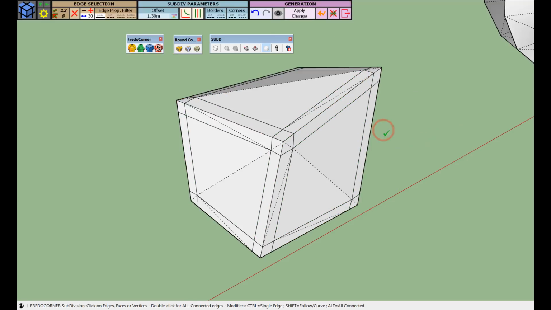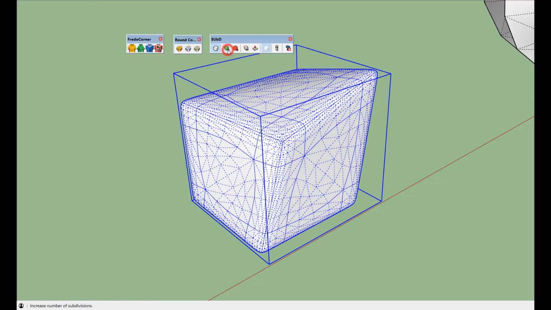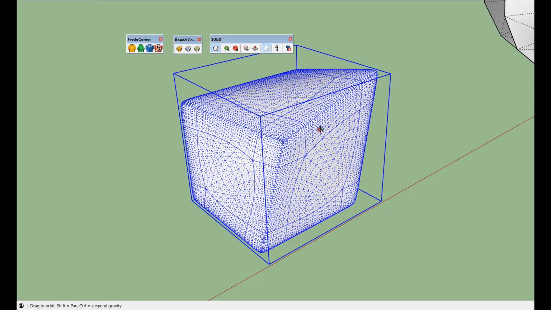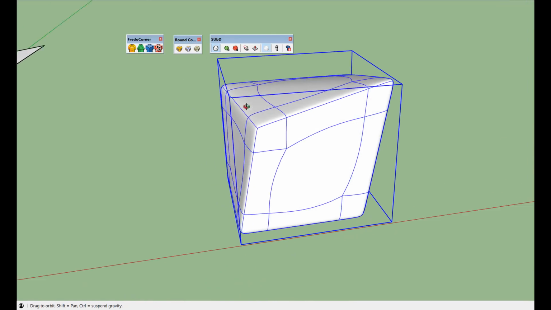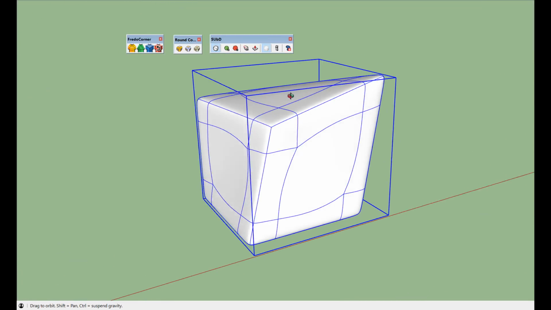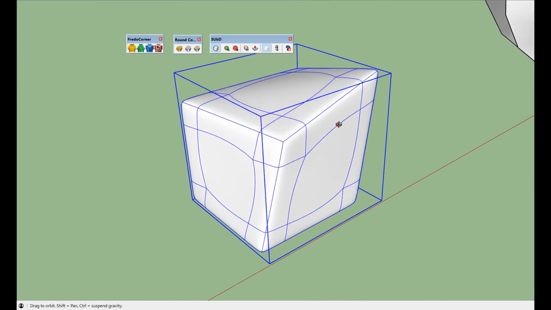I generate, exit, select, and try to subdivide. So as you can see, you obtain a shape which is not only rounded at the corners and borders, but also on the faces.